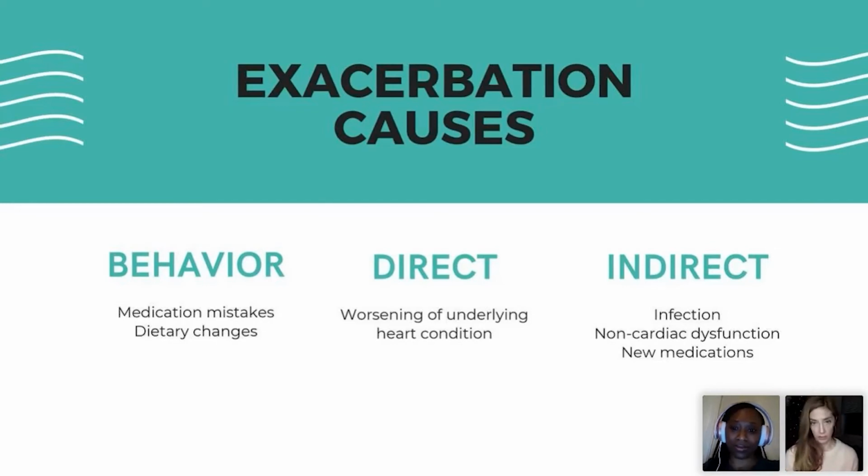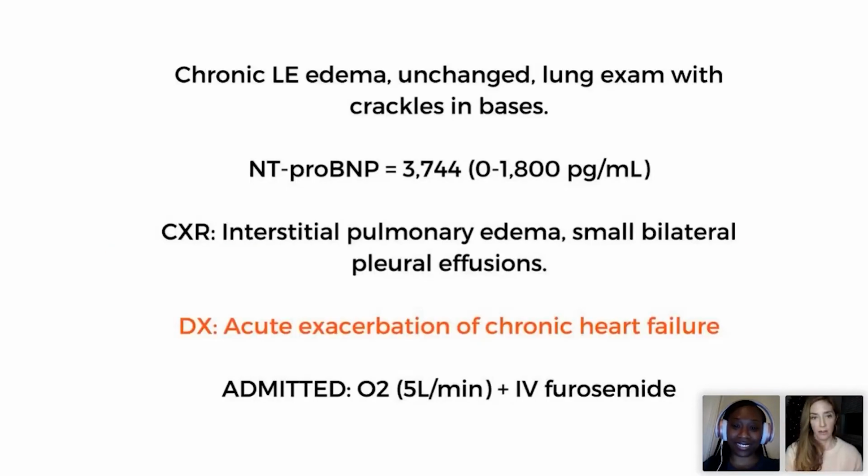Sometimes new medications can cause it, or a medication change. Not the patient's behavior, it's something we did, right? So anything that can cause an arrhythmia or a heart condition would be direct. Indirect would be things that are outside of the heart. So in this gentleman's case,